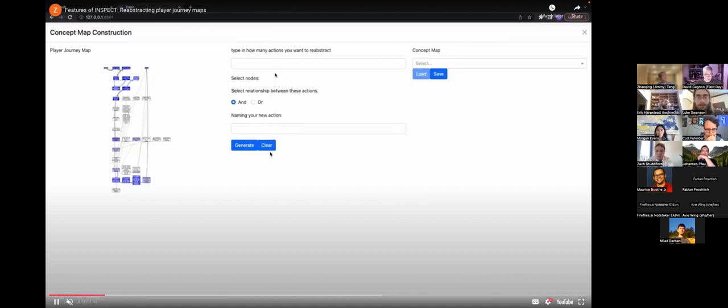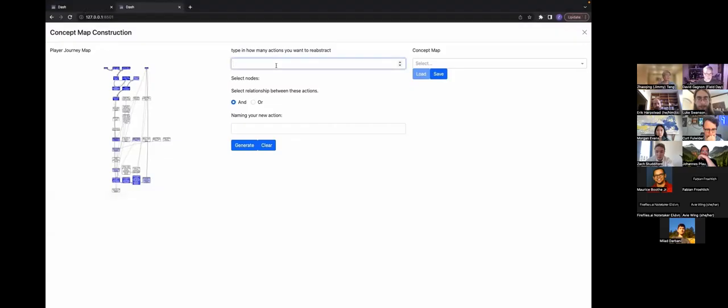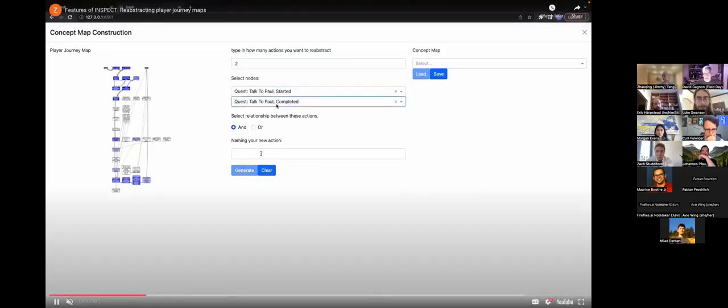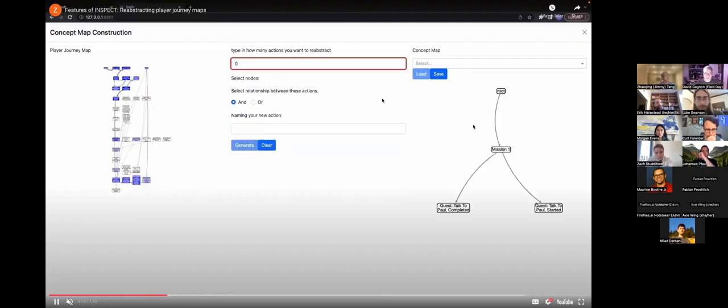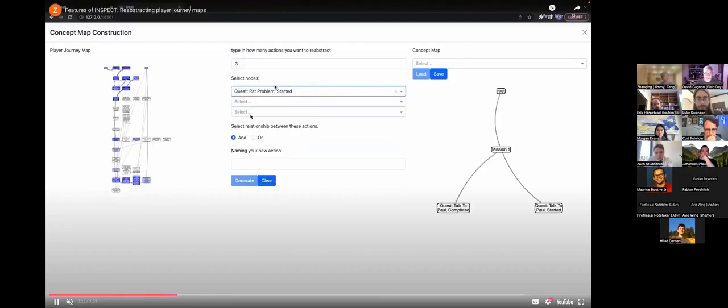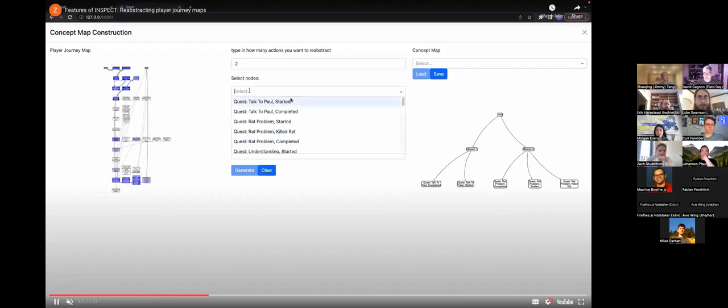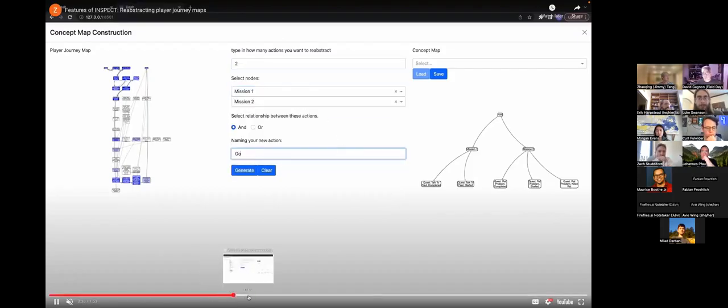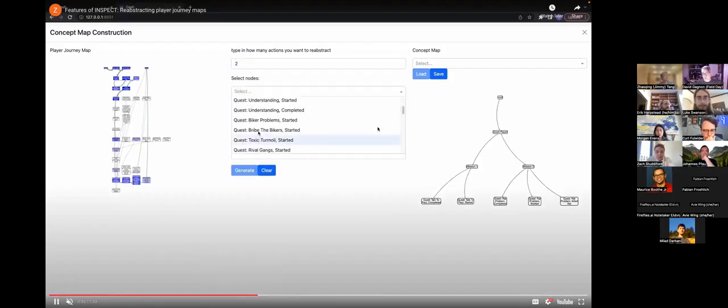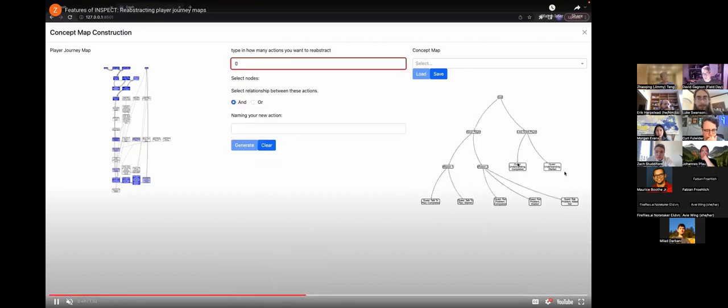You can also name your new actions as well. Because it's a manual approach, you need to define this layer by layer. So in this one, we will have an example of 2. You can see mission 1, and then you generate the first part. And then you have another one, mission 2. It will look like this. And similarly, they have a good player mission, and similarly to what I showed, the less good player based